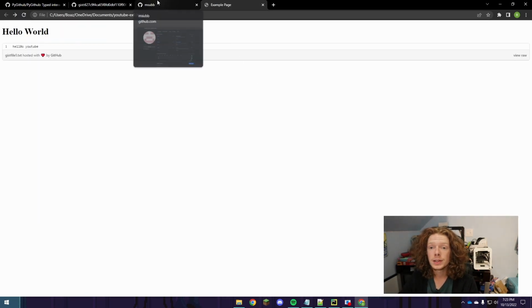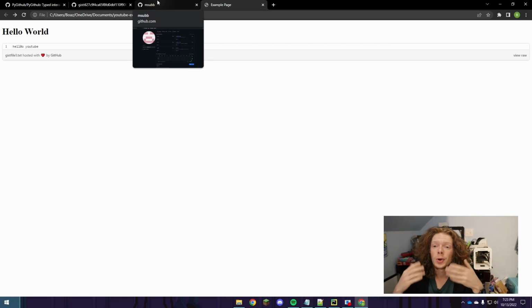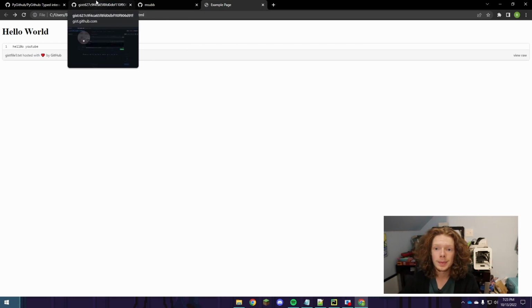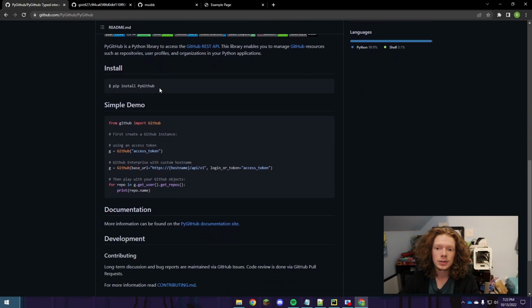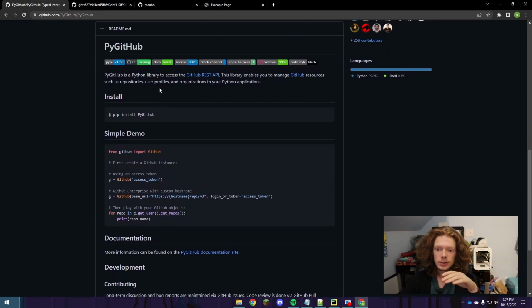Alright, so that's helpful for displaying static code if you just want to have a one-time message. What if you want to update that code? What if you want to, say, every time you have a system running, have it say on the website that you're monitoring, or say off if it's not? You can dictate this using Python code, using the library PyGithub, which is right here, and I'll have a link to this inside the description as well. So the instructions for how to use PyGithub, the very basic beginnings of it, is right here,